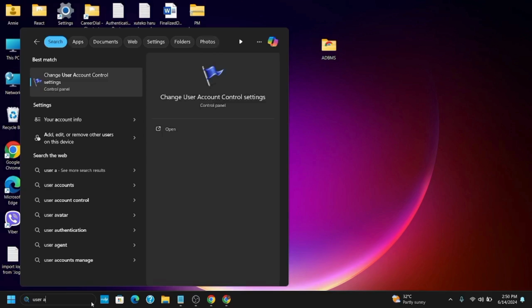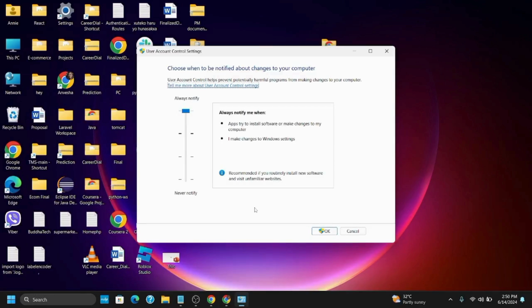Once you have reached the page, you will see a slider. Make sure that the slider is not set to Never notify. Ideally, it can be set to the second level from the top. Once you have done so, click on OK and restart the computer, which should probably fix the issue. Additionally, also make sure that you have checked for Windows updates and the latest downloads and installation has been done